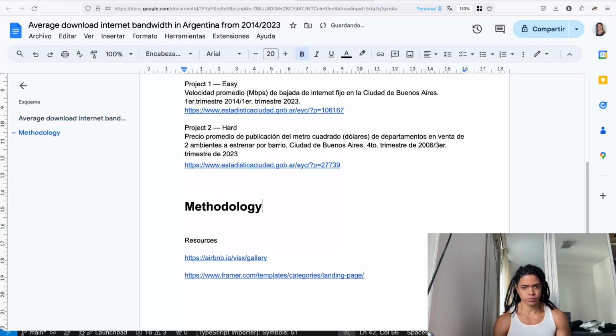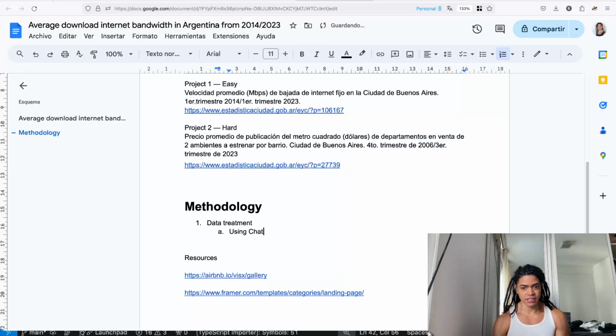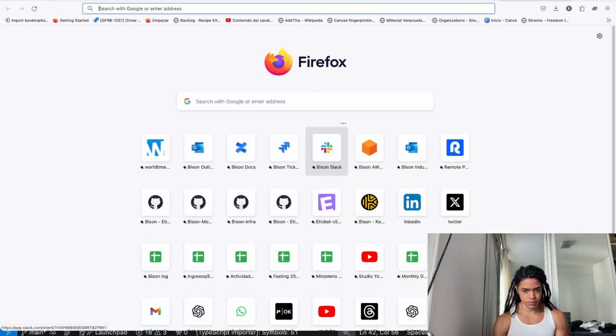One is data treatment, which is using ChatGPT to give instructions about the shape of the data needed to show in a React chart component, which is a chart component that comes from Airbnb.